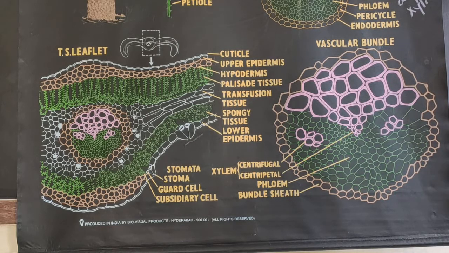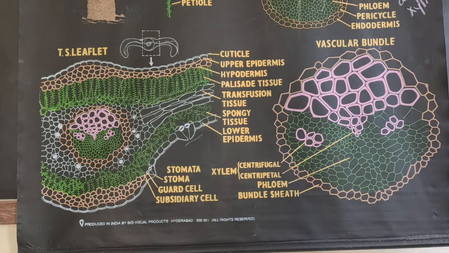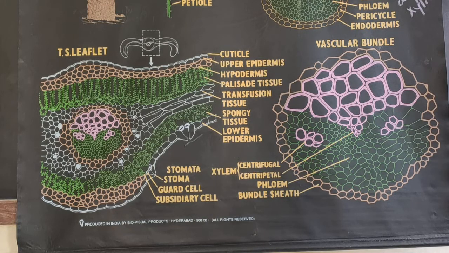If you look at the structure of leaflets, they are said to be dorsiventral. Dorsiventral means you can easily differentiate between the dorsal surface and the ventral surface of the leaf. And one of the important features of the Cycas leaflet is that it shows adaptation to some of the xerophytic conditions. While explaining the anatomy of this leaflet, I will tell you about the xerophytic adaptations.